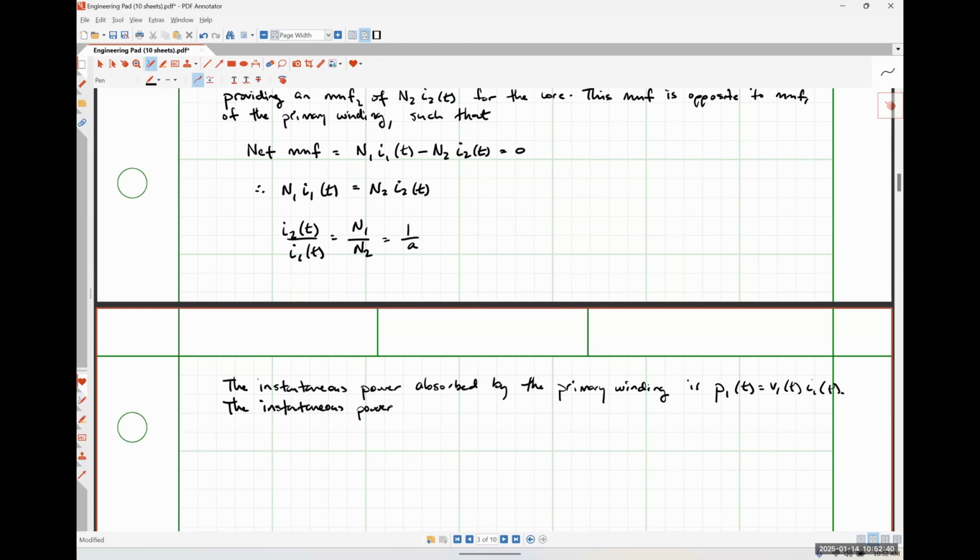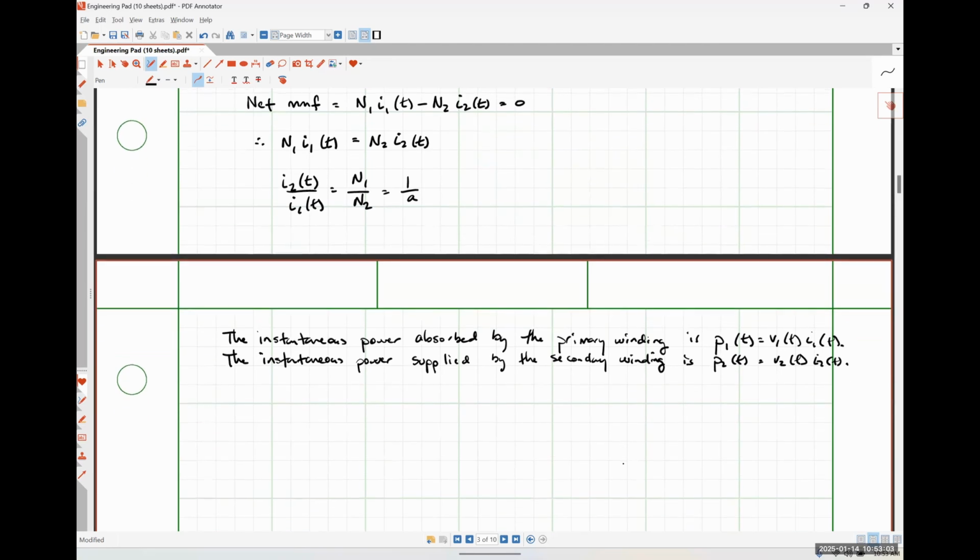The instantaneous power supplied by the secondary winding, P2 of t, is equal to V2 I2, and